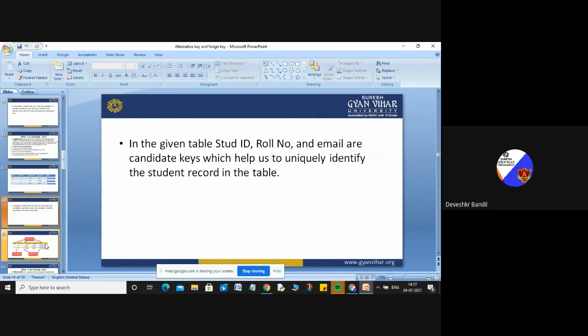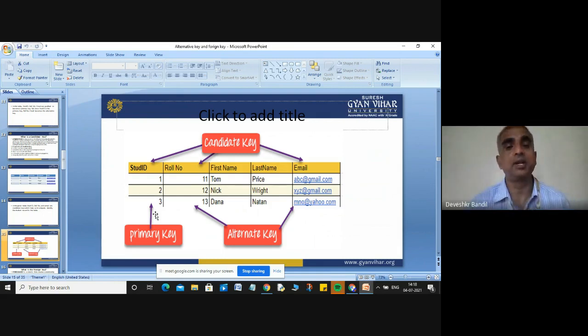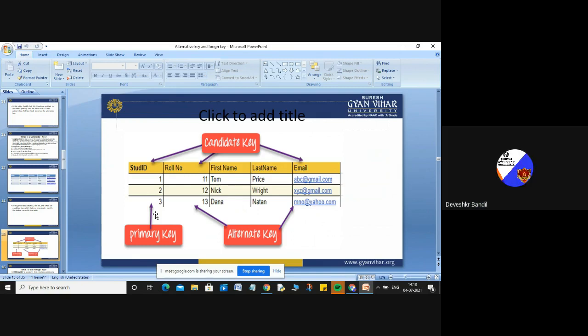And here you can see in this slide, student ID is the primary key, roll number is the candidate key, email is the candidate key. Through the student ID you can identify a unique record, through the roll number you can identify a unique record, and through the email you can identify a unique record, because in this table the email IDs are unique.